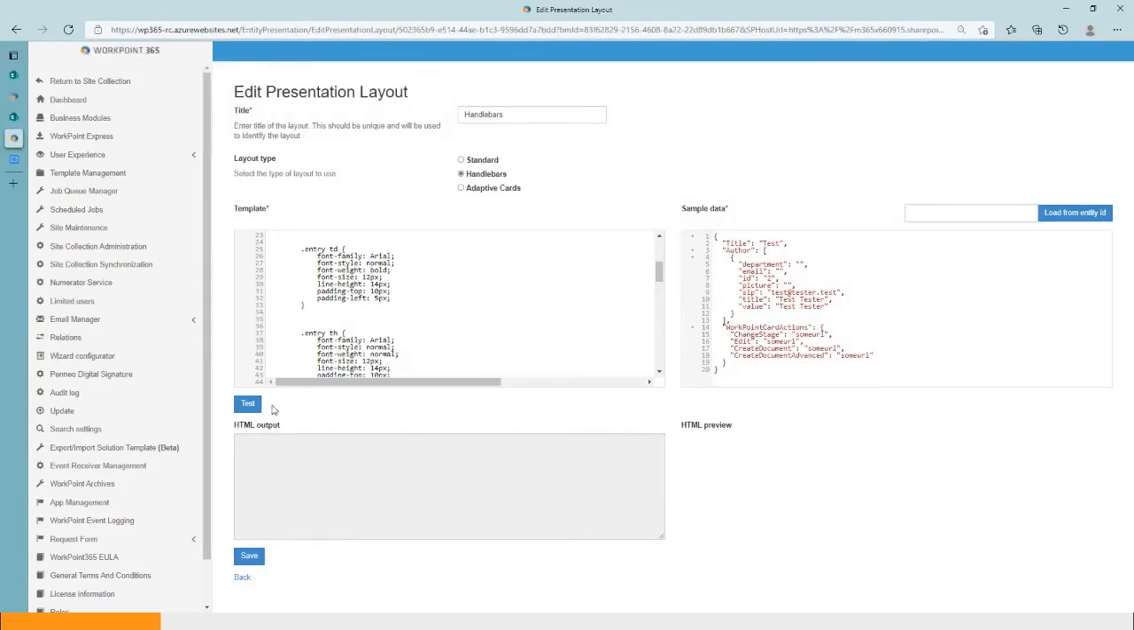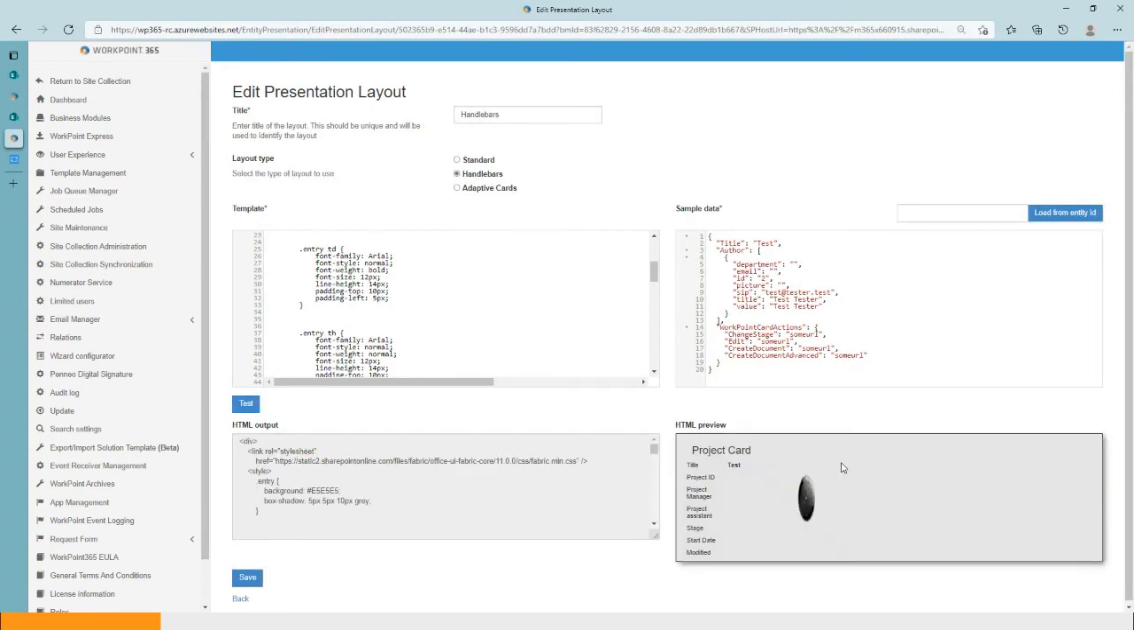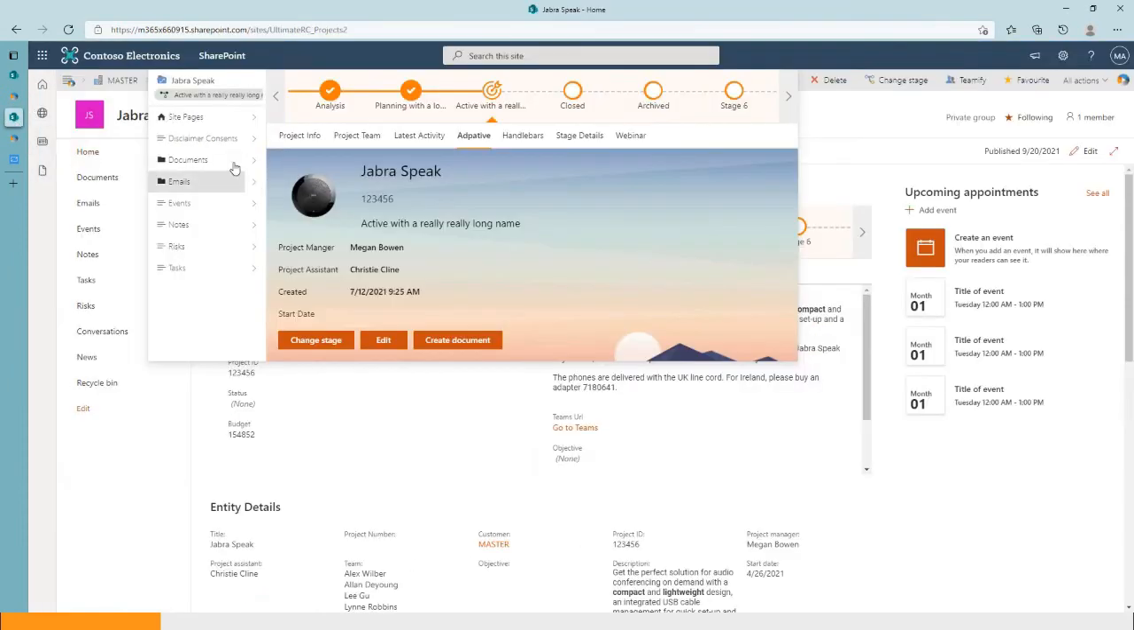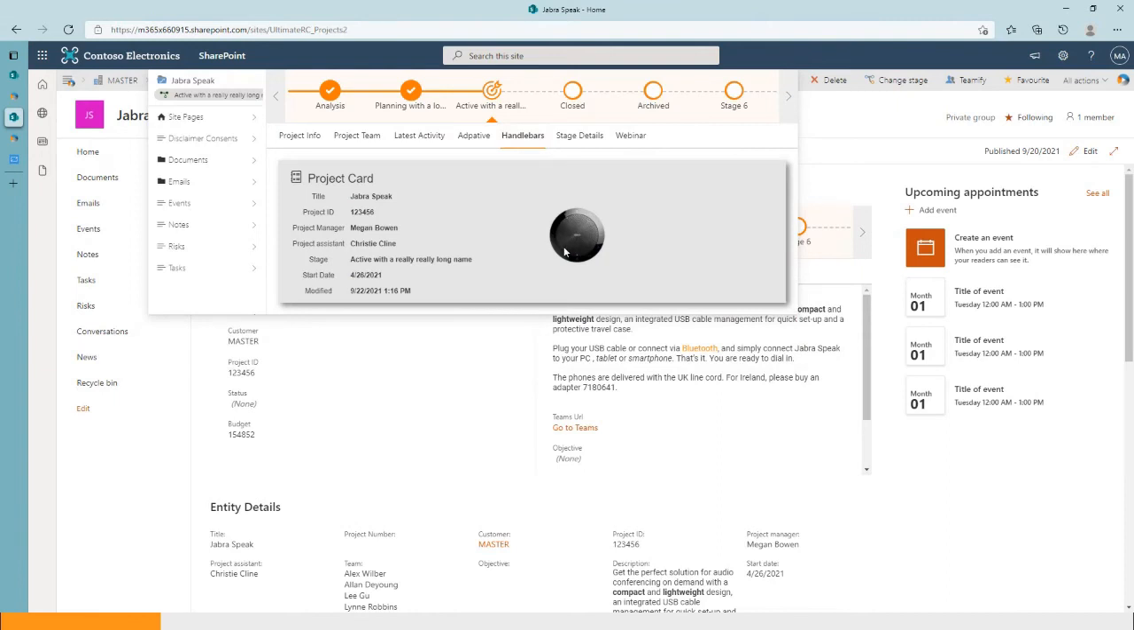So this is one I did earlier, and if I do a test, it'll show me the HTML output and the layout. I might have messed something up slightly there, but if I go to my Handlebars, you can see that it's giving me a nice layout. So